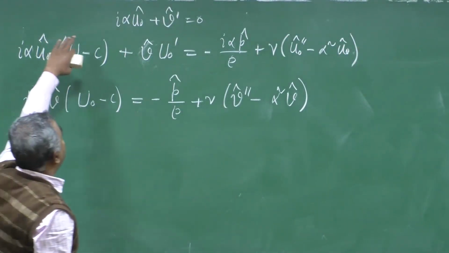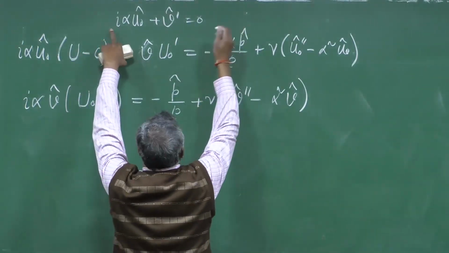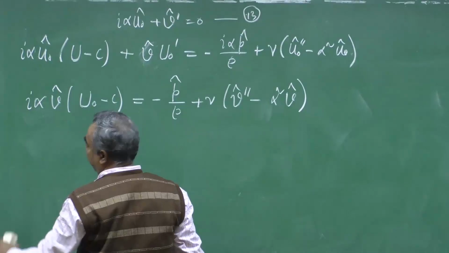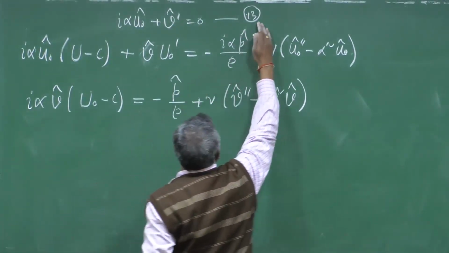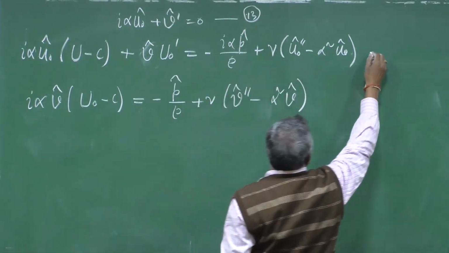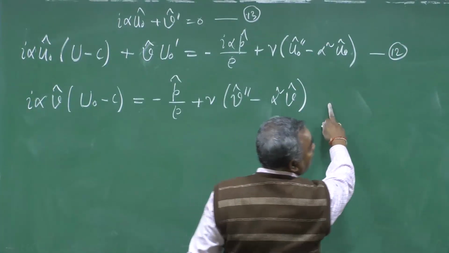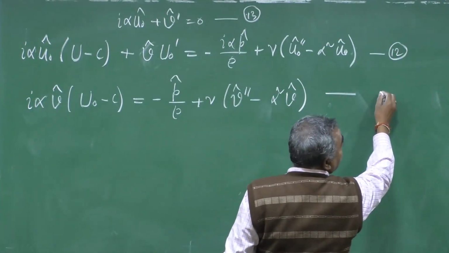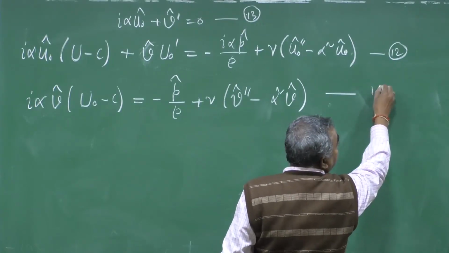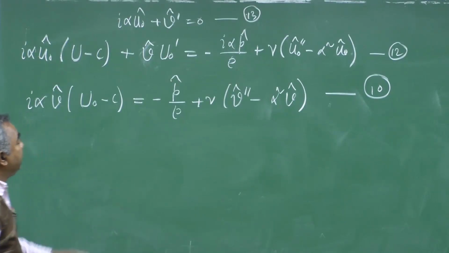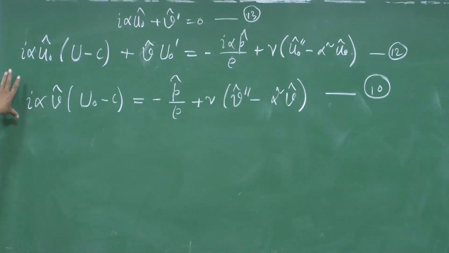So, this equation we have not derived yet. So, this is 12, we can call this equation 13, sorry. So, this equation 13, this equation 12 already we have named it, and this equation we have already named as 10, right. Okay. So, if we notice these three equations, it is just like a two dimensional disturbance propagating along